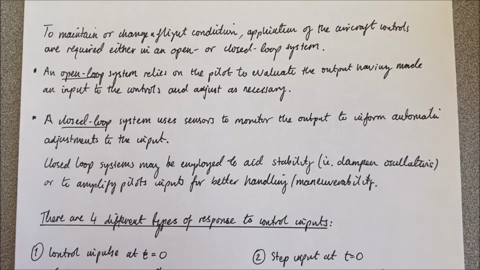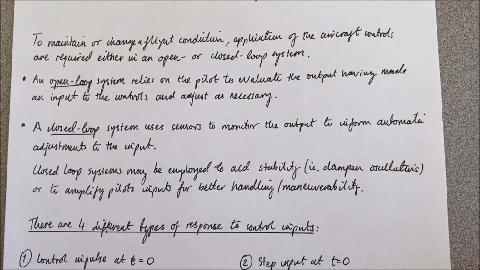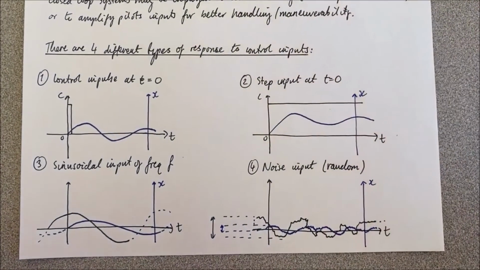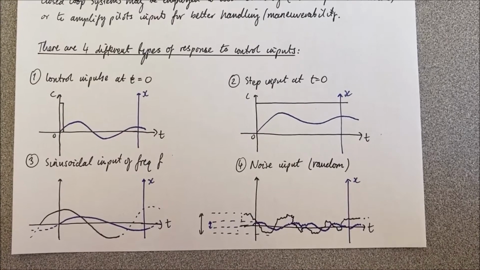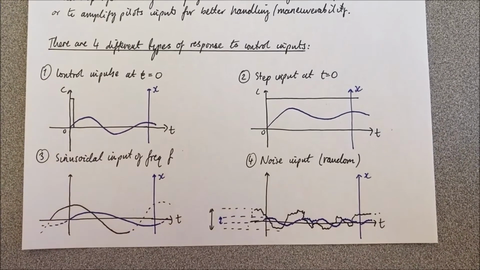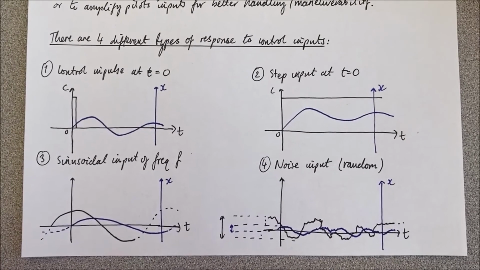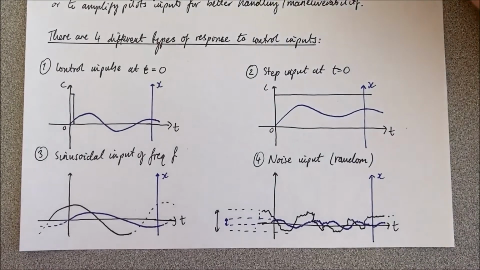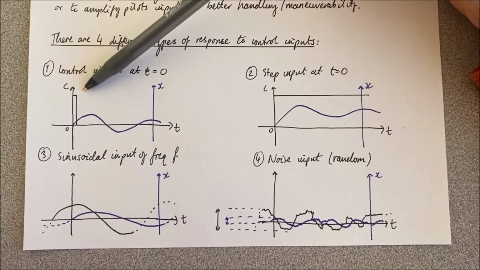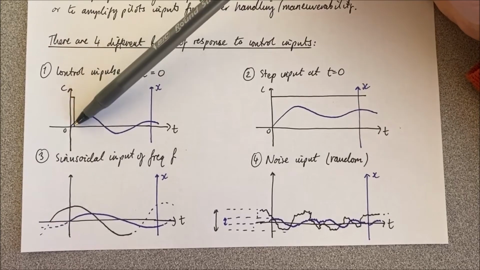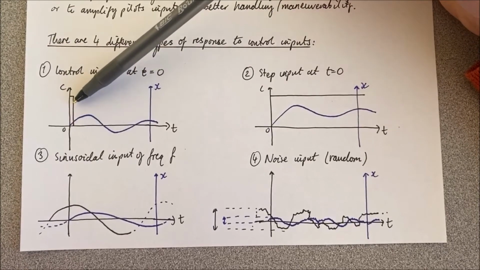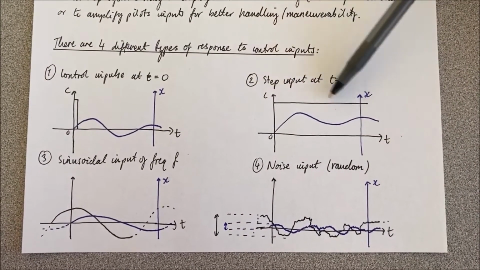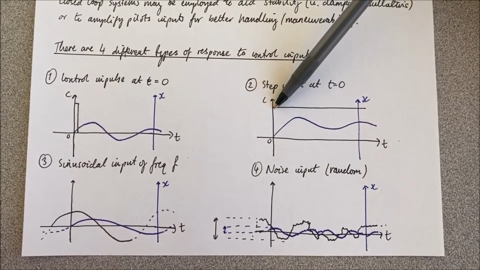So those are the two different types of systems that are at play here, and we also need to consider the four different types of response that our aircraft may have to those control inputs. So here I have four different types of control input. The first of which is an impulse, so it's a short, sharp impulse and then back to the original position of a control surface. The second one is a step input, so the control surface position has been changed and then